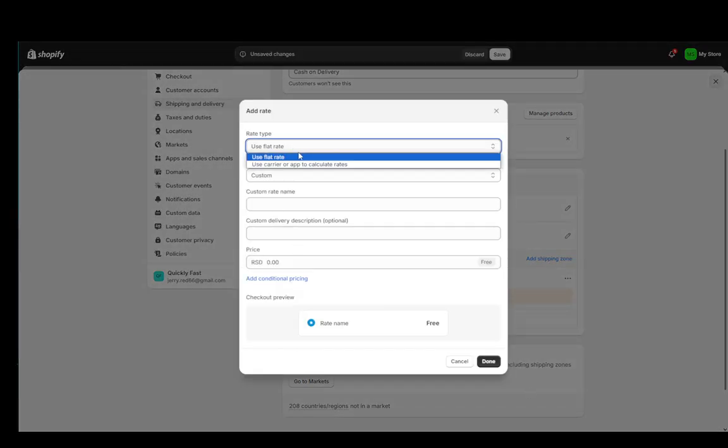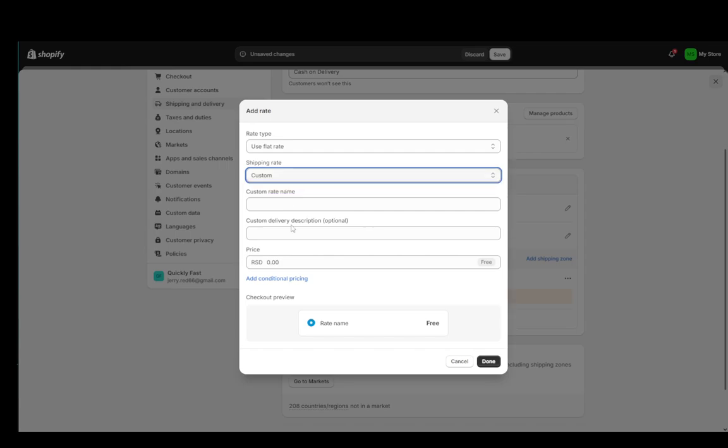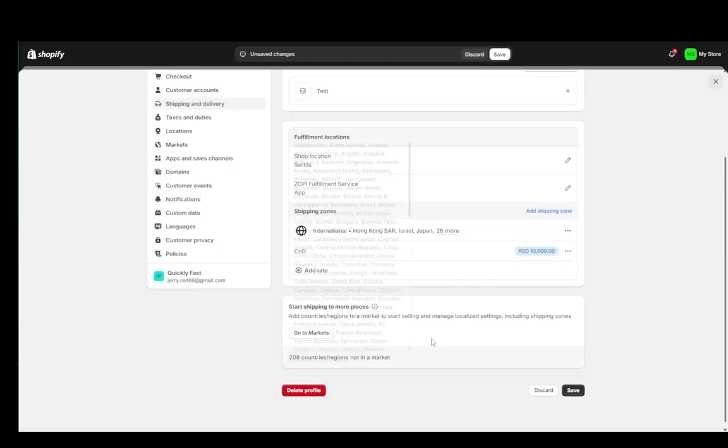Click add rate, use flat rate, or use carrier or app to calculate rates. I'll just use a flat rate. Shipping rate custom rate name COD, then custom delivery description, I'll just keep it empty, and the price is going to be a flat rate. So I'm just going to add, for example, 10,000, click done, and now you have your cash on delivery system